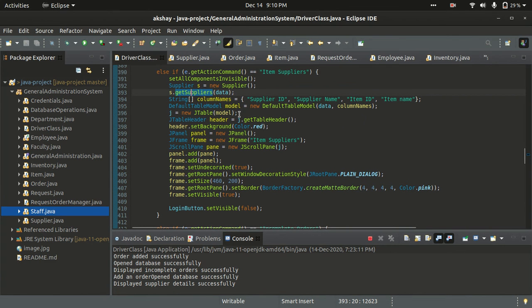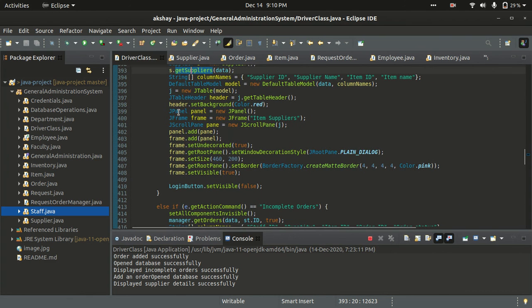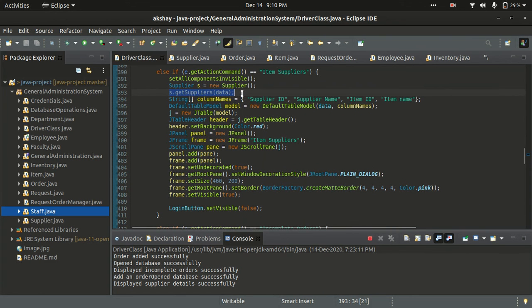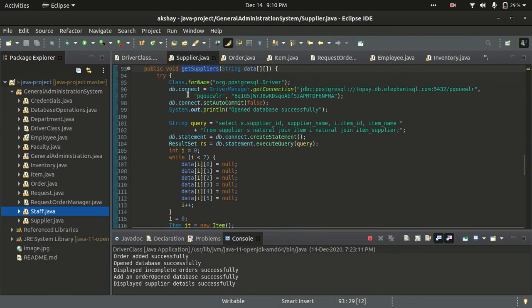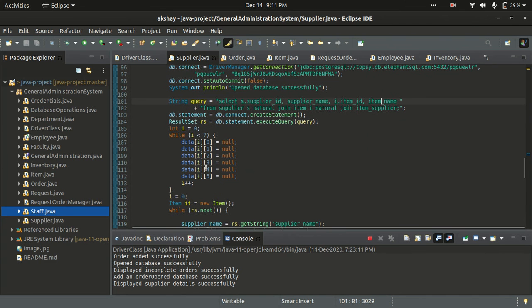Okay, so this is the get supplies code. Most of the code is the same for all the menu options. The other thing we use is get supplies here. Get supplies basically connects to the database and uses this query. It selects the supplier ID, supplier name, item ID, and item name. We just need to display all these attributes. For this we join three tables: supplier, item, and item supplier.